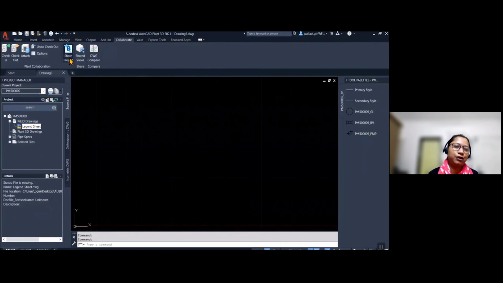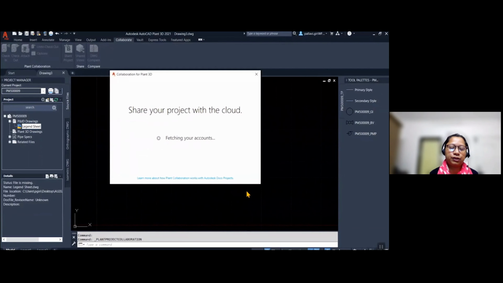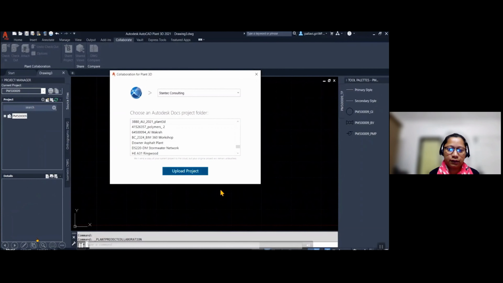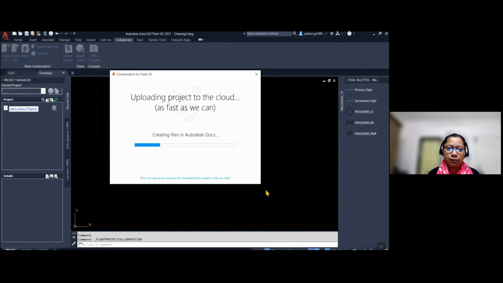Before that, let's share the project by going to Collaborate and clicking on Share Project. Now I'm going to upload it to my AU 2021 project. It takes a few seconds to upload the project. Here you can see the progress, how quickly it's uploading the project. And once the uploading is done, you can add your team members in the project.